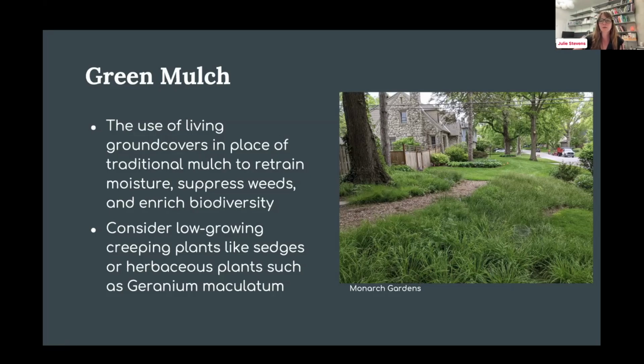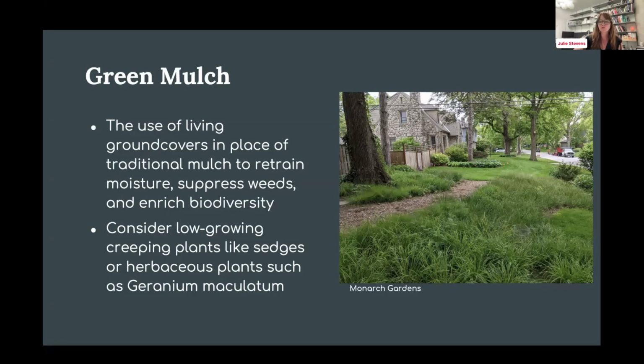established. What I do with my green mulch layer and my herbaceous and grass plantings is I wait until the stem nesting bees have left in the spring, and then I mow right through it. I have a junky old mower. I don't really care if it bangs up the blade, and I just go nice and slow and kind of knock all those plants down right where they're at.